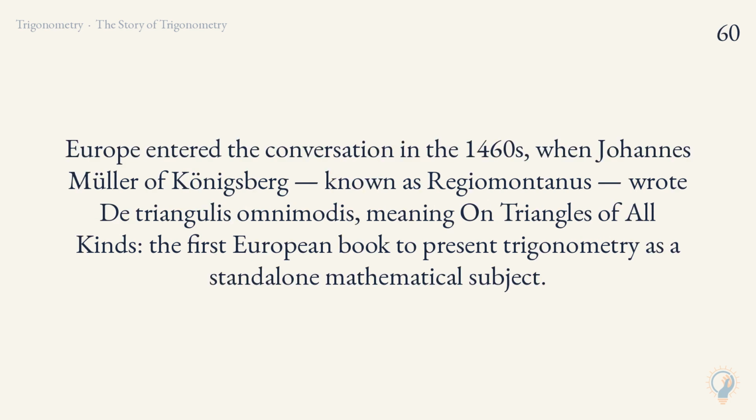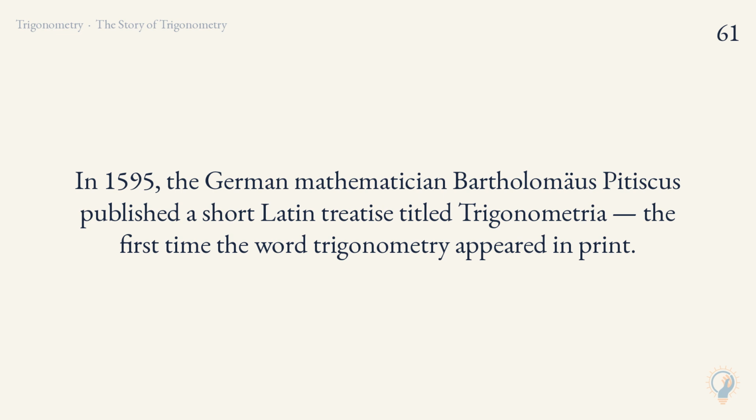Europe entered the conversation in the 1460s, when Johannes Müller of Königsberg, known as Regiomontanus, wrote De Triangulis Omnimodis, meaning on triangles of all kinds, the first European book to present trigonometry as a standalone mathematical subject. In 1595, the German mathematician Bartholomaeus Pitiscus published a short Latin treatise titled Trigonometria, the first time the word trigonometry